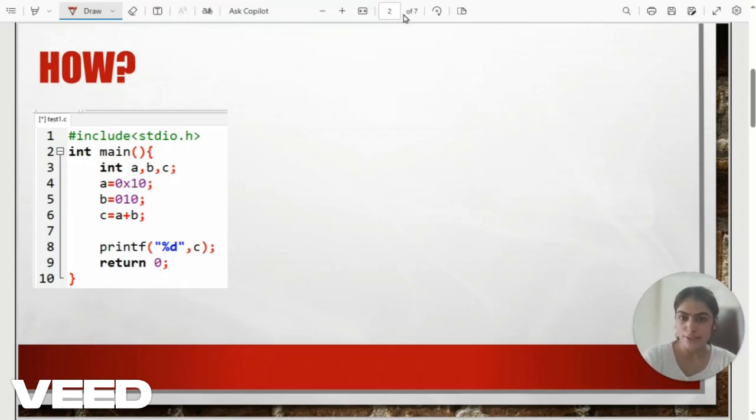I will just try to guide you, and after that you can do it by yourself. I hope it will be helpful for you. So the first thing, as usual, is stdio.h, your header file, as you know very well. In the main function, there are a few lines given. You have to understand these lines.